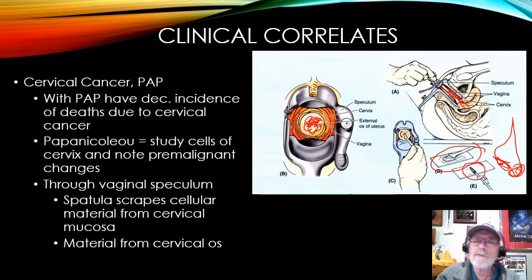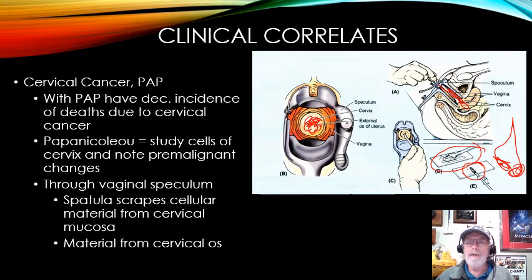So they want to get two separate specimens to get an idea where, if there is some change in the cervical cells that show cancer, where they might be. The thing, very briefly, in regards to cervical cancer, in most cases, I can't say all cases, but in most cases, cervical cancer is a relatively slow-growing cancer. It takes a long time to go from precancerous stages to cancerous stages.